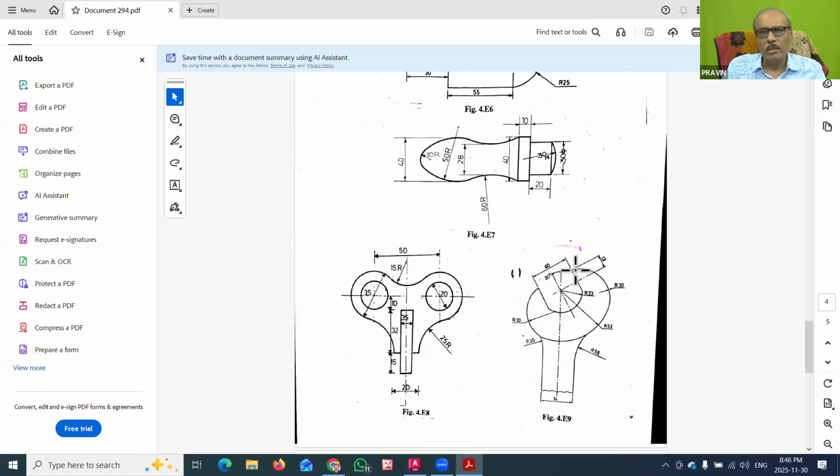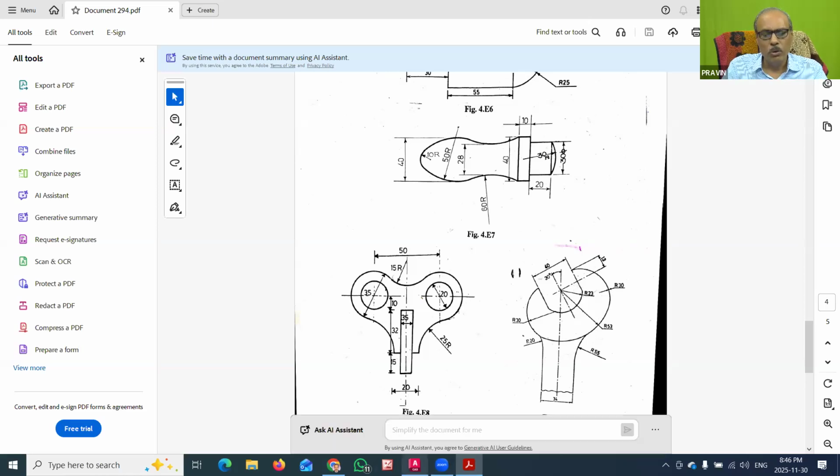So here you can see in the drawing, this is a radius 30 circle and this is also a radius 30 circle, on both these sides. So we can draw a circle of 30. But the center of this circle is not given in this drawing. So the center is not this one. Again, for radius 30, I have to identify the center of the circle. It should be such that from this end there is a distance of 30. So now we have to identify the center of the circle for the radius 30.